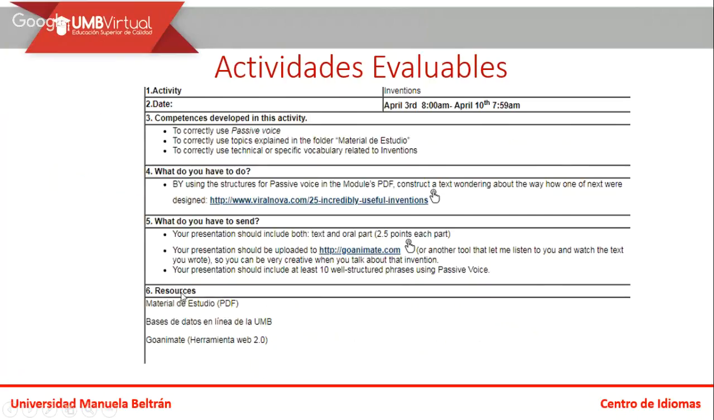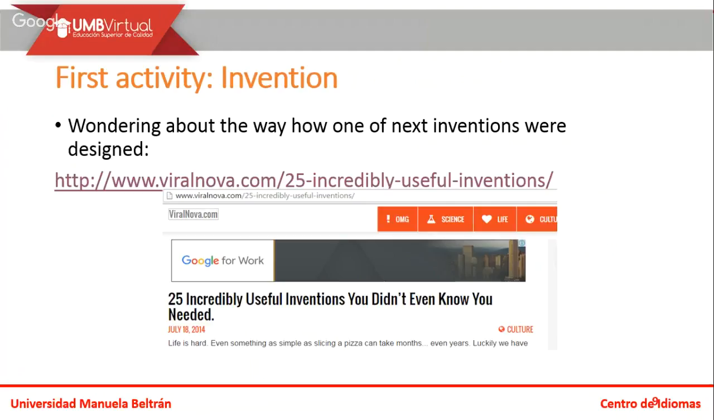Remember that the resources that you have right there in the platform are the following. You have the material de estudio, the PDF. You can see more examples. Base de datos en línea de la UMB right there as well, yes. And also this herramienta web, which is Ganymede, or you can choose another one if you feel more comfortable to use it. This one, okay, is our first activity: inventions, wondering about the way how words of these inventions were